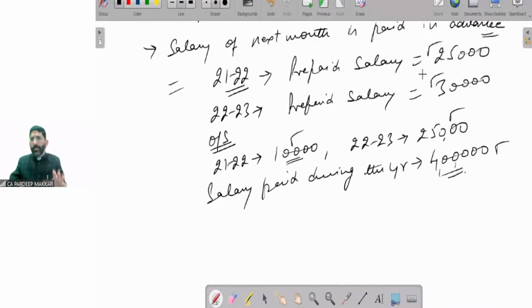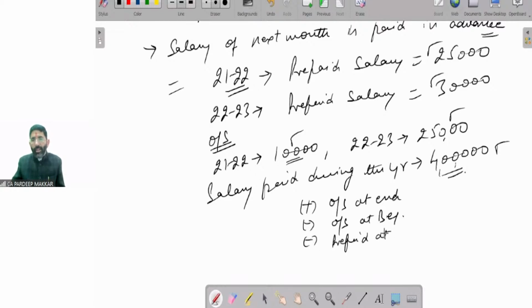So treatment is very simple. You should have understood what we have to do: add outstanding at end, deduct outstanding at beginning, deduct prepaid at end,